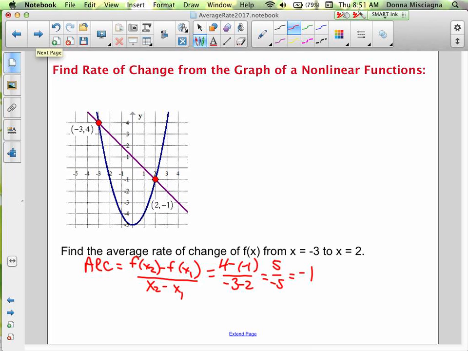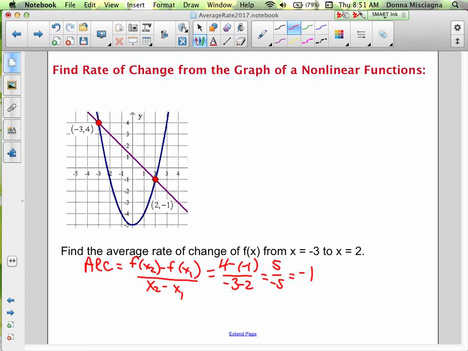We'll always give our average rate of change as a simplified fraction. It'll be an integer, though, if it happens to reduce that way. But otherwise, it'll just be a simplified fraction. Any questions on this one? And often that line won't be drawn for you, just the points will be, but you'll have to know that you're finding the slope of the line that connects those 2 points. That gives us the average rate of change